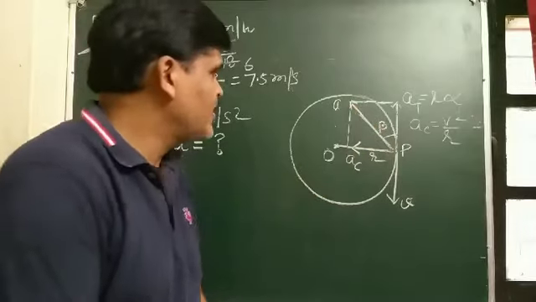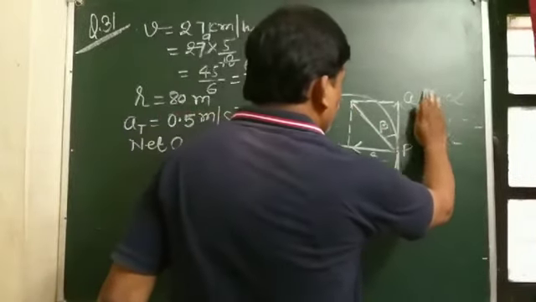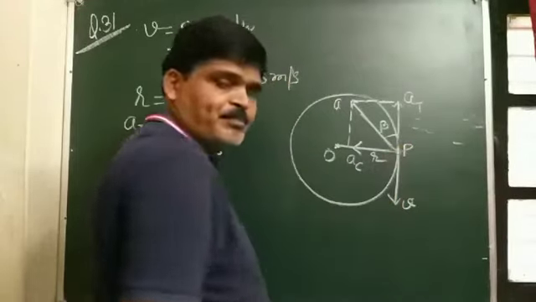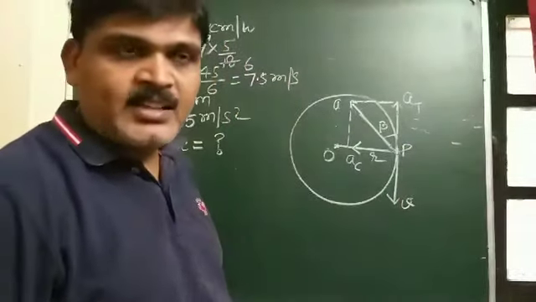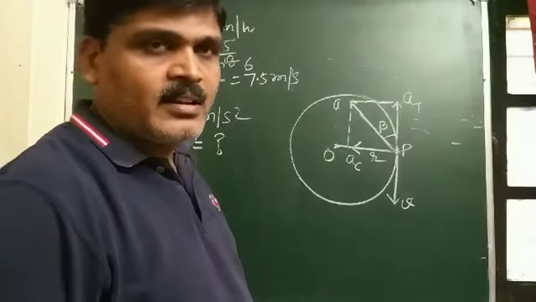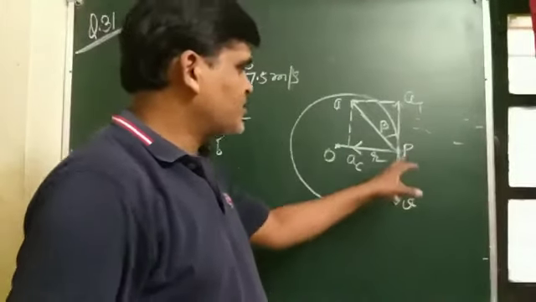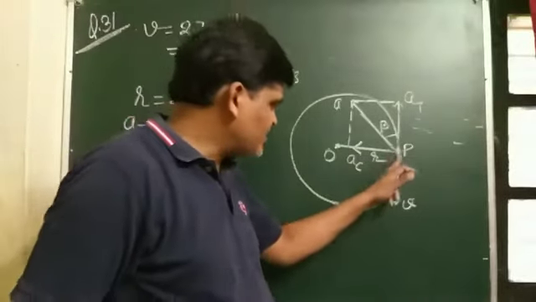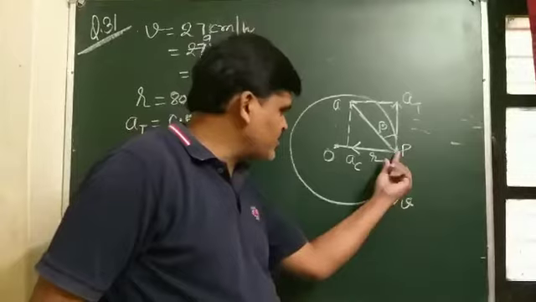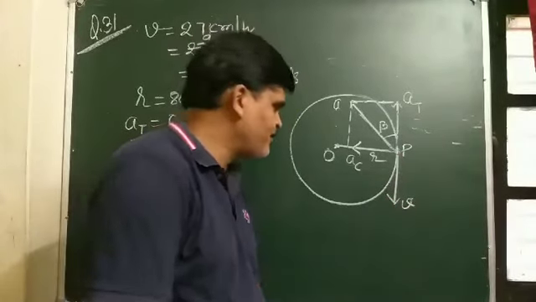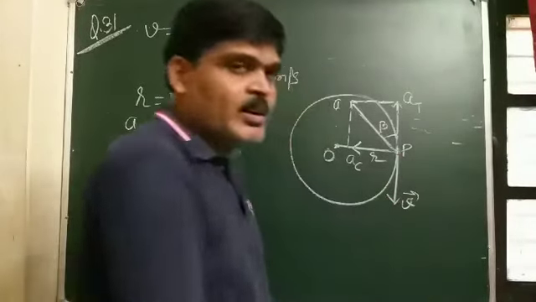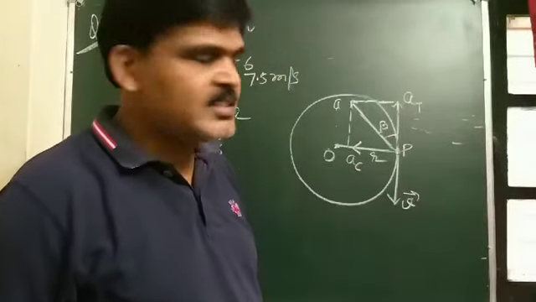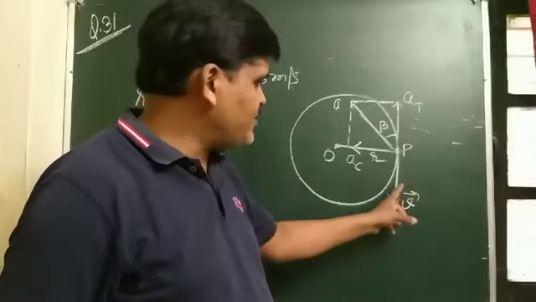And here also, suppose at a circular turn at a point P, a cyclist applies a brake. So applying a brake means what? Retardation is taking place. So the direction of the velocity of the cyclist is what is shown here. When the cyclist applies a brake, it means what? Negative acceleration is taking place and the velocity is variable.